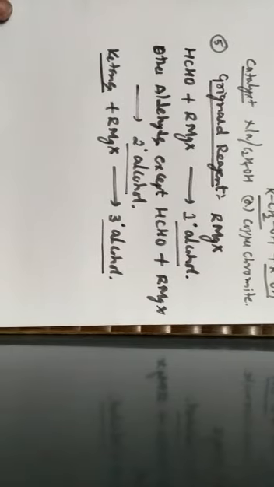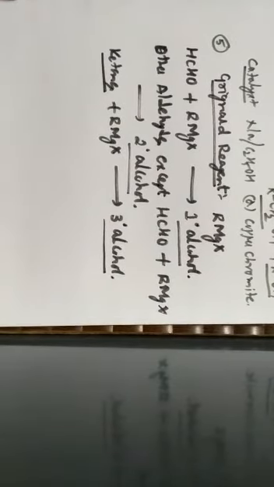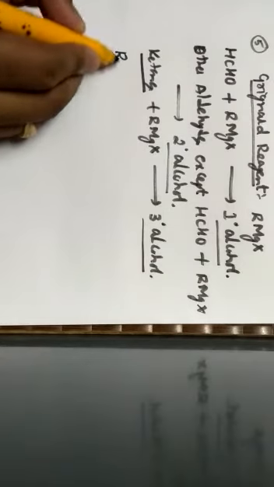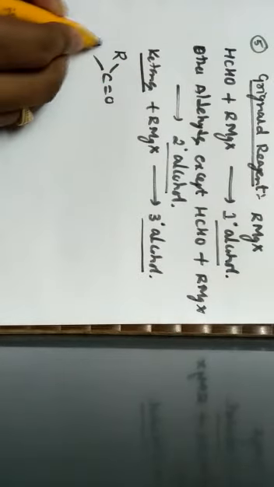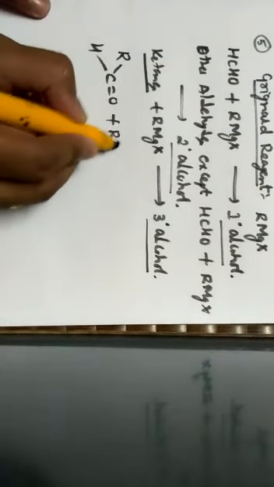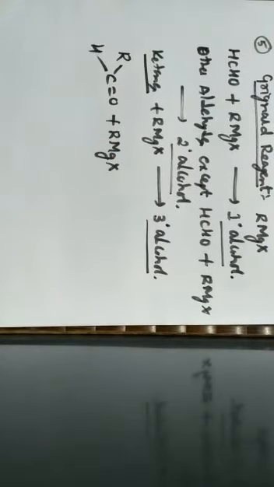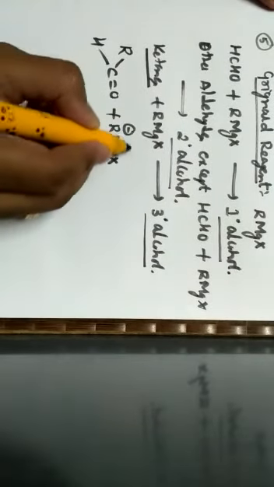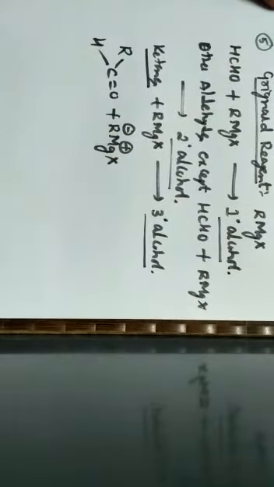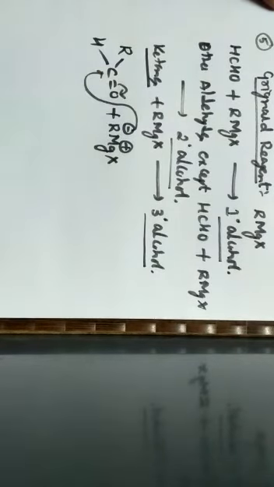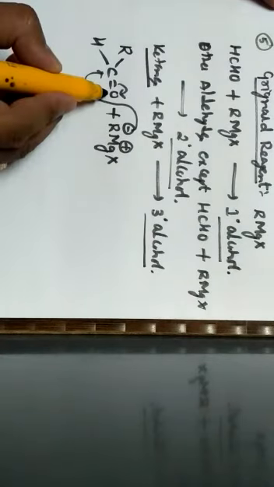Now let us analyze this for the preparation of alcohols by using aldehydes as well as ketones. So generally let us consider an aldehyde. So this is an aldehyde, RCHO. When this aldehyde is made to react with Grignard reagent, we know that RMgX ionizes as R minus and MgX plus. So this R minus will attack the carbonyl carbon in the perpendicular direction, so that migration of electrons takes